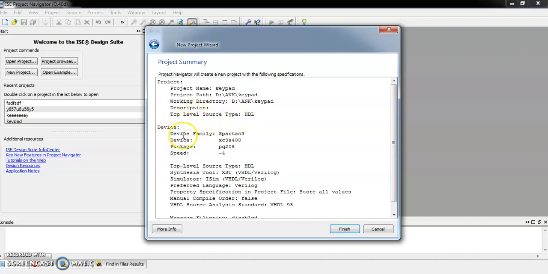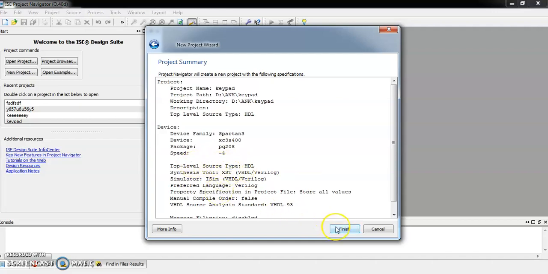Here we also have the summary about our device. So device family is Spartan 3, device name is XC3S400, package is PQ208 and speed is -4. Also we have top level source type as HDL and so on.